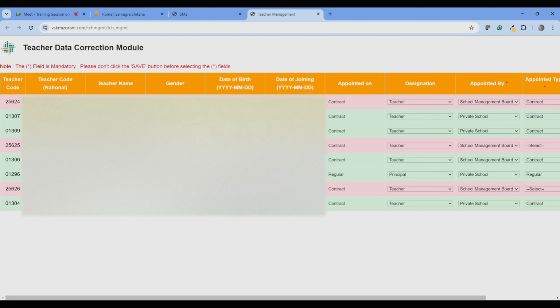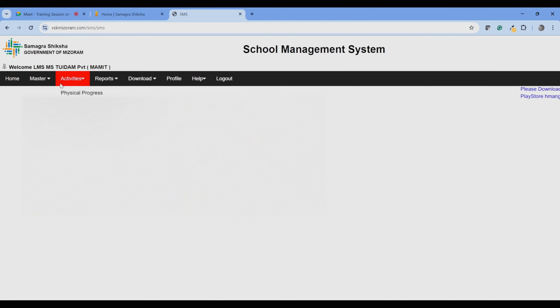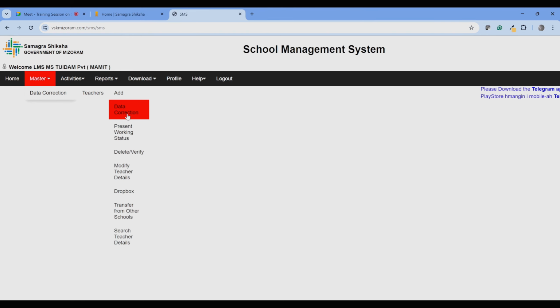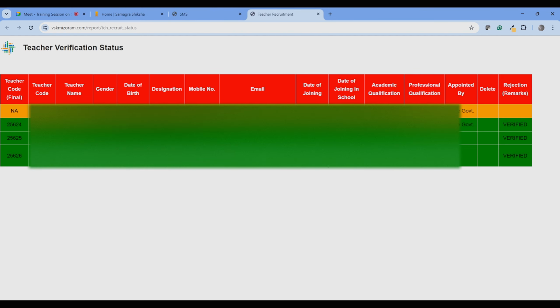Okay. It will appear here. Once it is a new teacher approved by the district and state, the teacher will appear here. Also, if there is any issue, suppose the district rejected it, then it will come under the remark. So any teacher added by